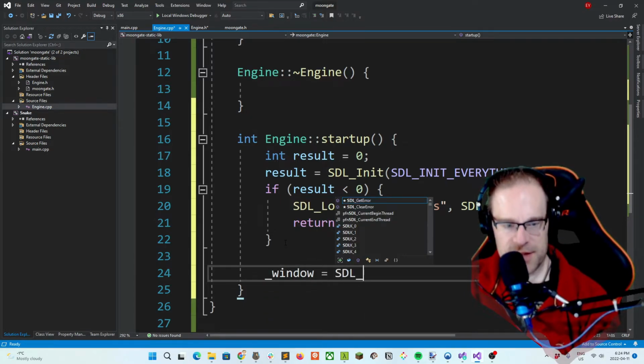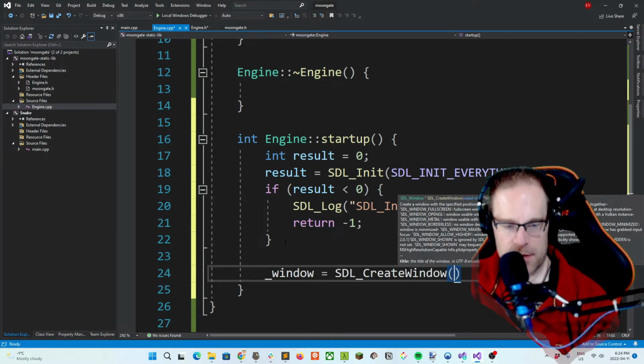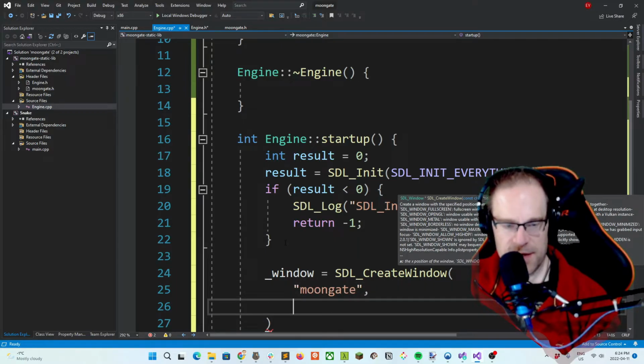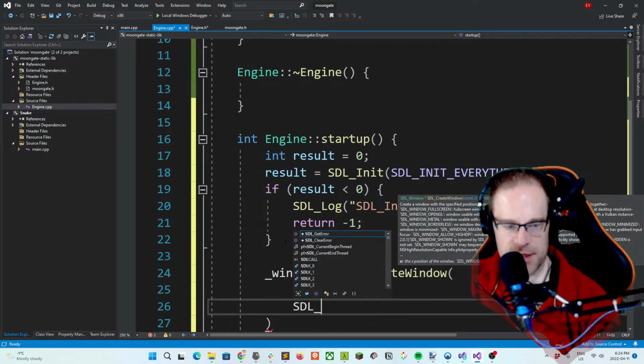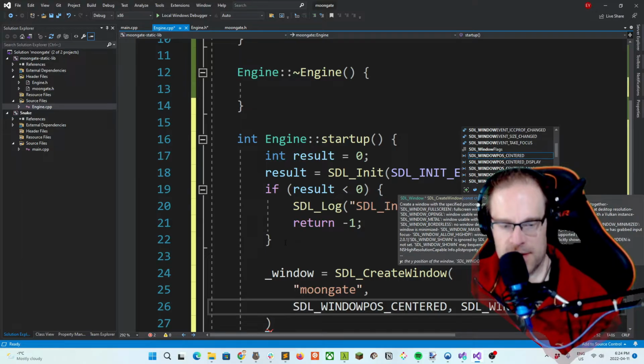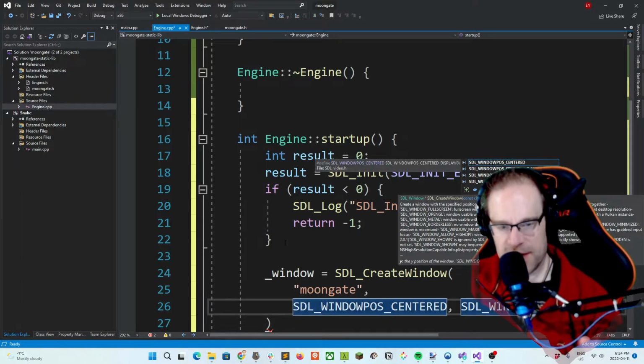Now we want window equals SDL create window. Let's go through our methods here. First we have to give it a title, so let's just call it Moongate. We'll update on how to customize your creation code, I think, next episode. So window pos centered, and SDL window pos centered. That will be our starting upper left XY coordinates